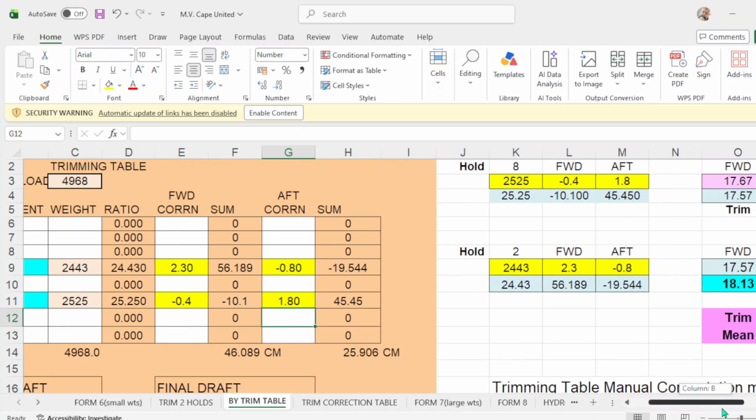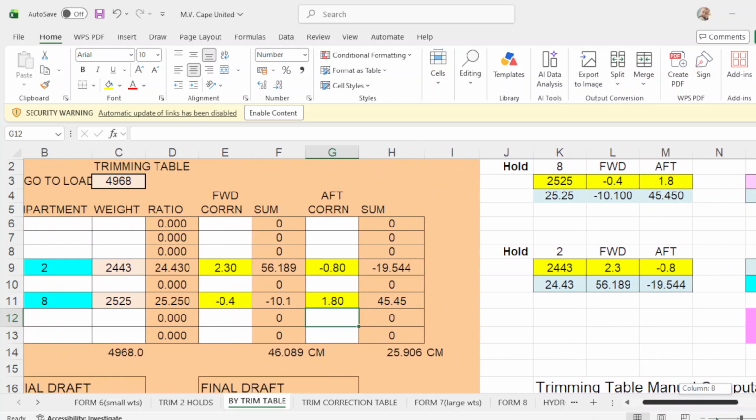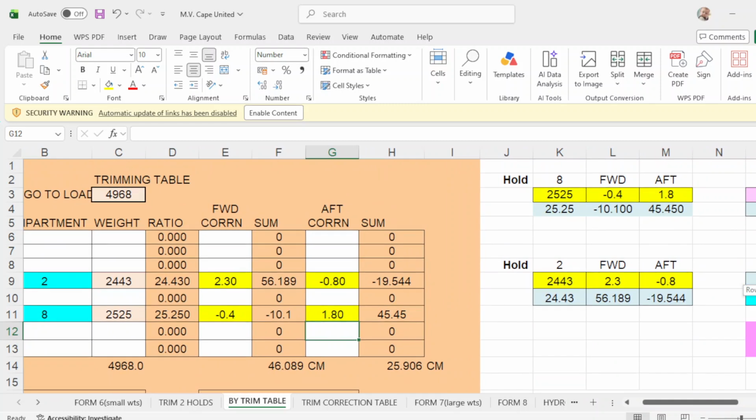But I made a program that first you should load on hold number 8, then hold number 2. So take note of the figures. 2525, negative 0.4, and 1.8 there.